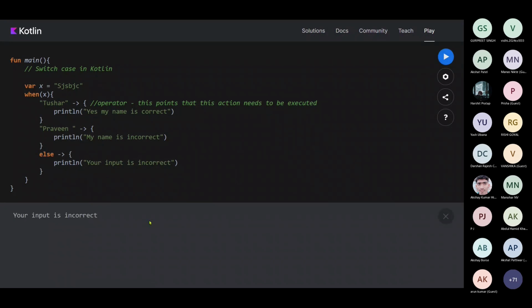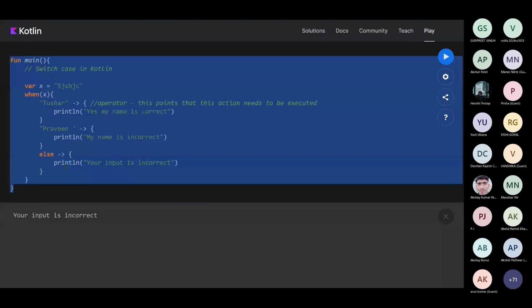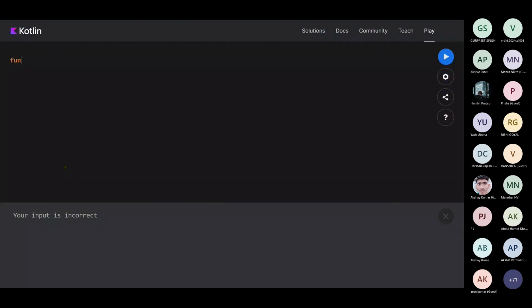Okay, so this is what we did in the last lecture, and we started with functions as well. What is a function? A function is something which does a particular job for you. For example, you have a laptop. What do you do on the laptop?